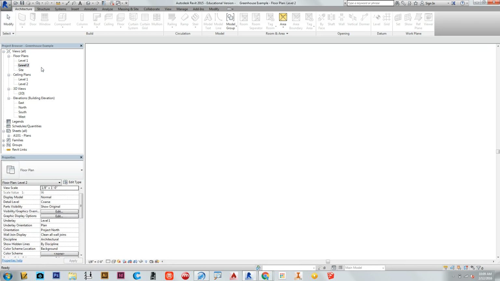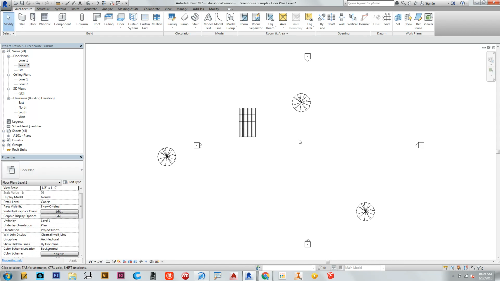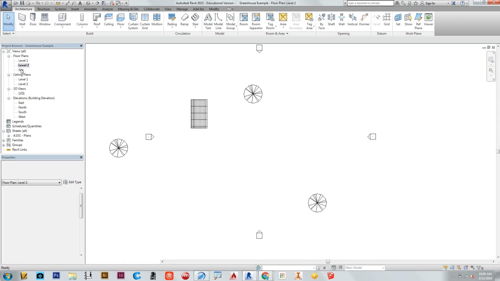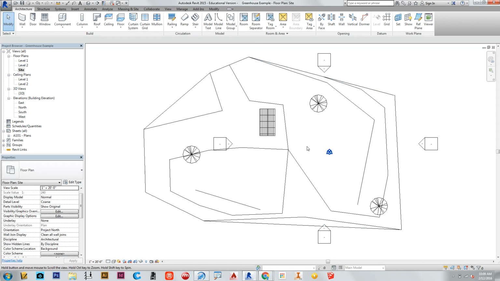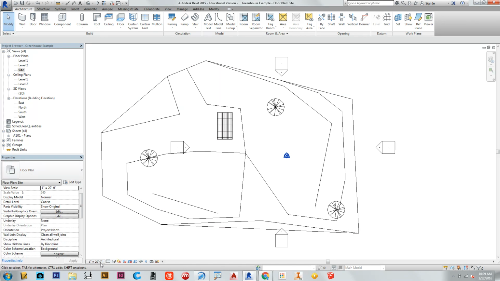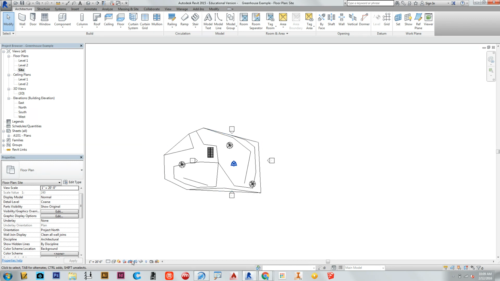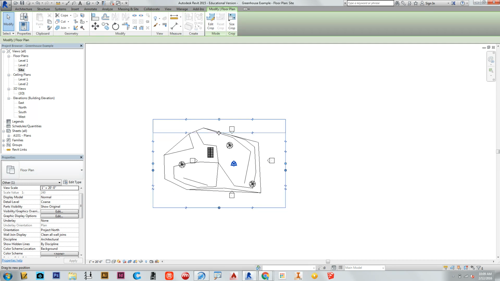Same thing with level 2. So I'm going to go to level 2. There's nothing really here that I want to see, so I'm actually going to go to my site plan. On my site plan, I'm going to then show my crop box. We can see it now. I'm going to actually take that, clean it up a little bit,